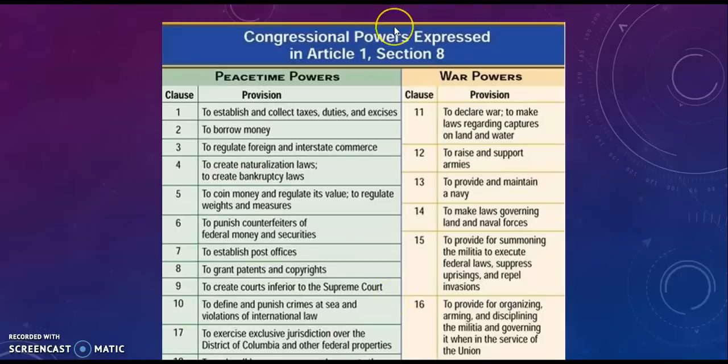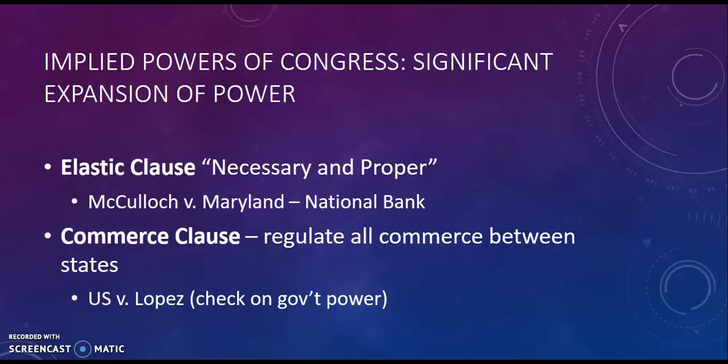Now, it's important to note that when we talk about formal powers, we're talking about powers actually specified in Article 1 of our Constitution. So notice some of the peacetime powers, post offices, regulating interstate commerce, a huge power there. But also during war, right? They have the right to declare it. Technically, the last time the U.S. Congress declared war, believe it or not, was World War II. So you'll see that these are the powers that are specified. So when we talk about formal powers, this is exactly what we are talking about.